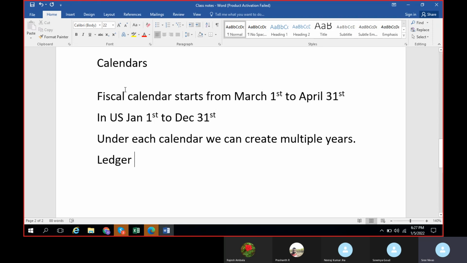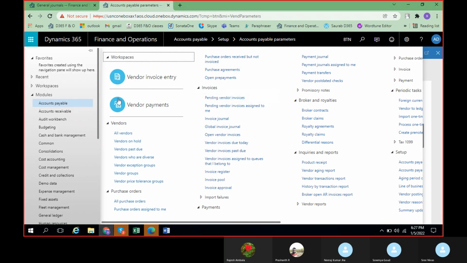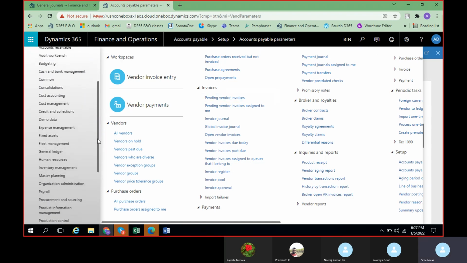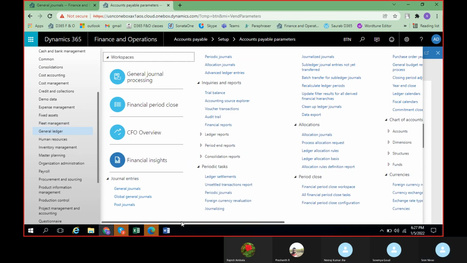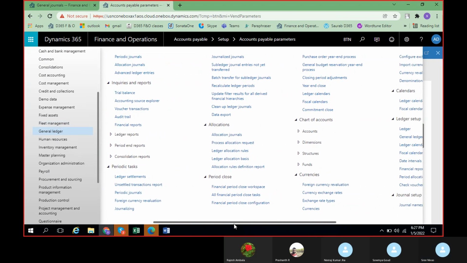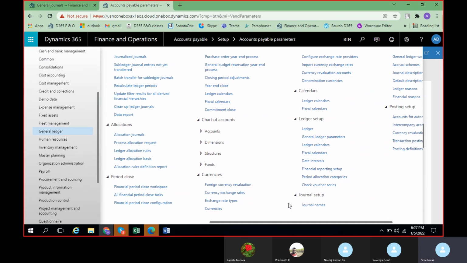So first let us try to create the calendar for this Britannia company. The navigation is to just select general ledger. Under calendars, I told you, ledger calendars will have two types, and this is fiscal calendars.